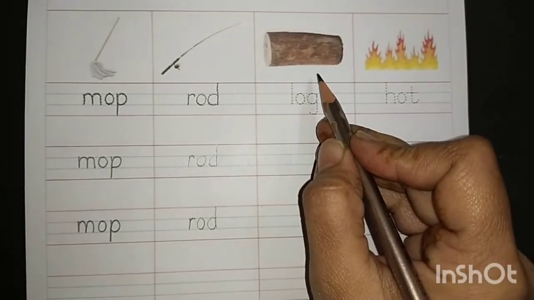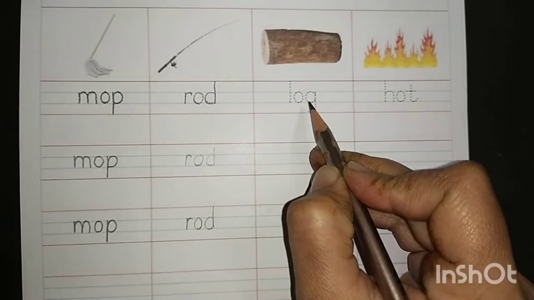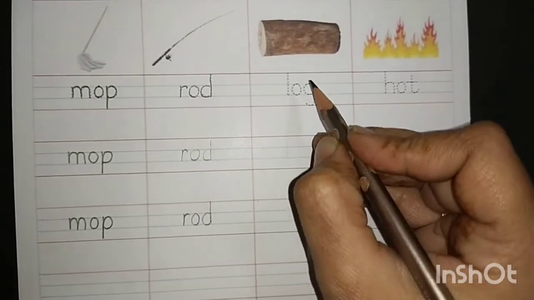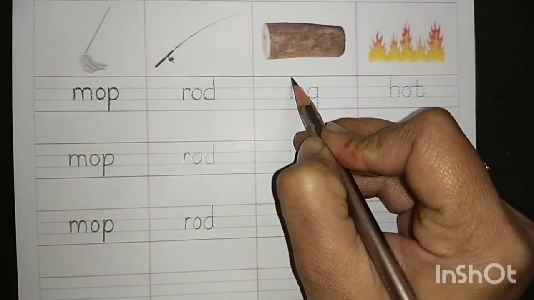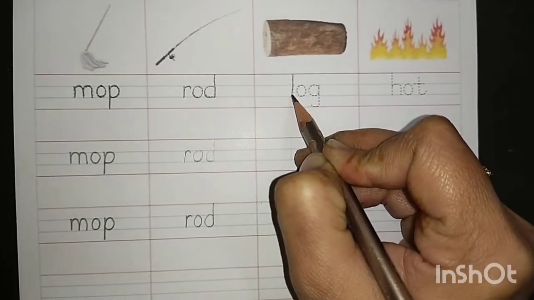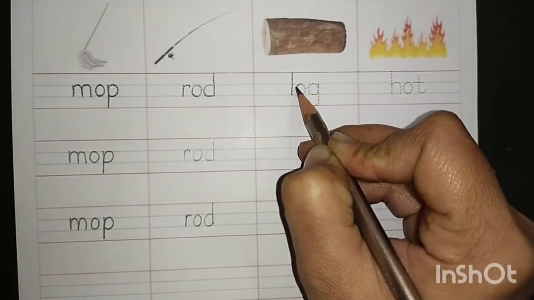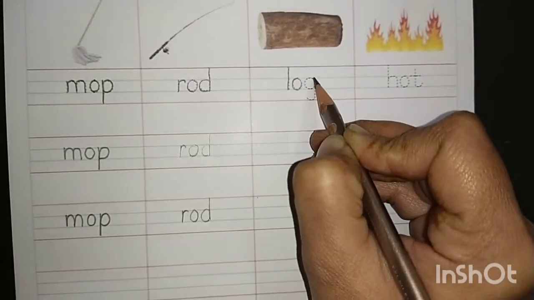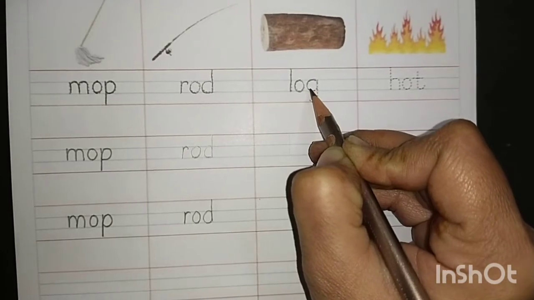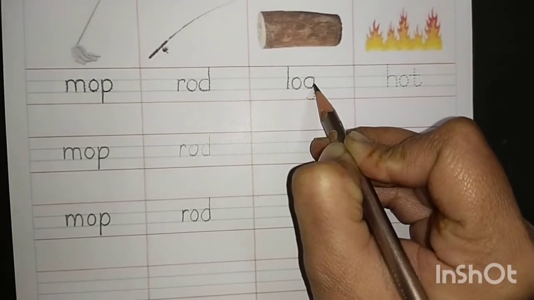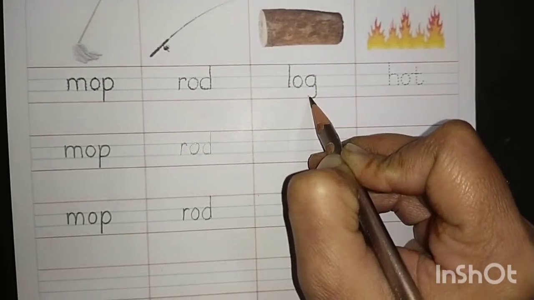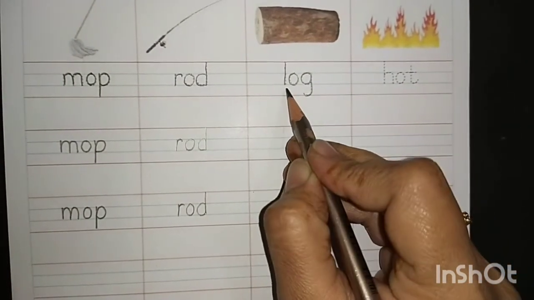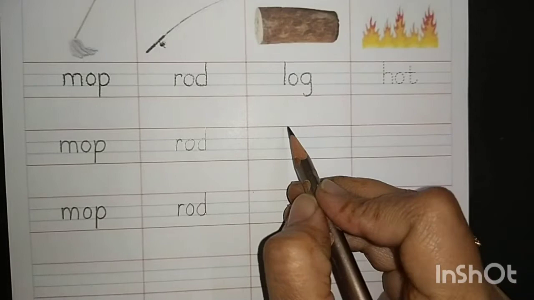What is this? This is a log. L-O-G log. So for alphabet L, make a standing line. For O, make a C curve, then reverse C curve. For G, make a C curve, go up, come down standing and make a curve. L-O-G log. Again we will write